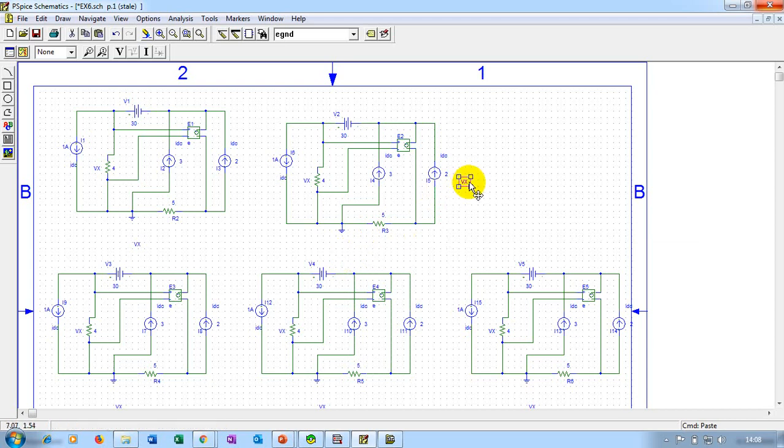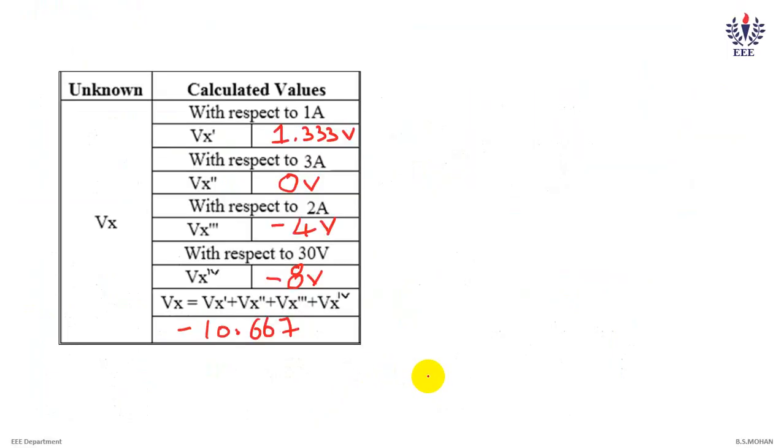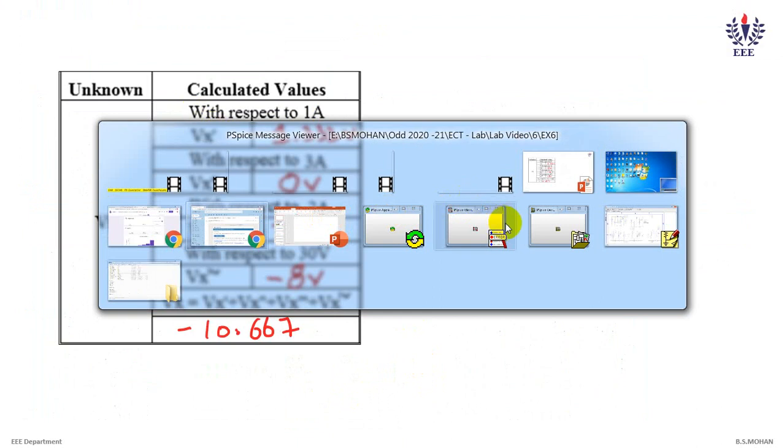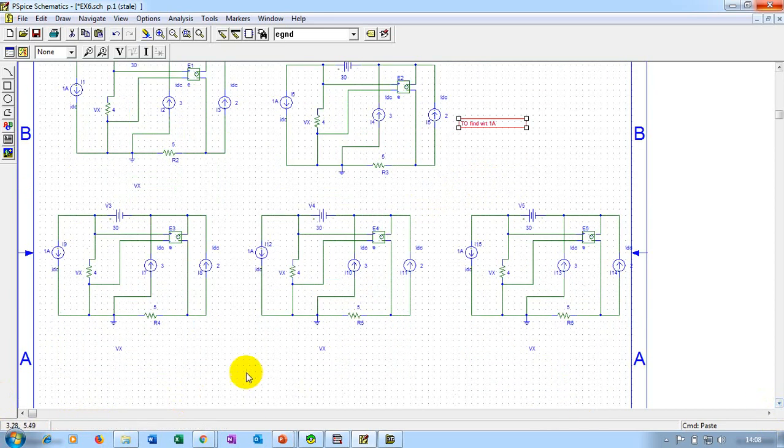To find, for example, the first one was, let us go back again and see our calculus here. So Vx dash was with respect to 1, Vx2 was 3 and then 2. So let us name the circuit in that syntax. So here I'll say to find Vx with respect to 1 ampere, and let us enlarge this. And let us say the next one is with respect to 3 amperes. So let me type in that way, to find